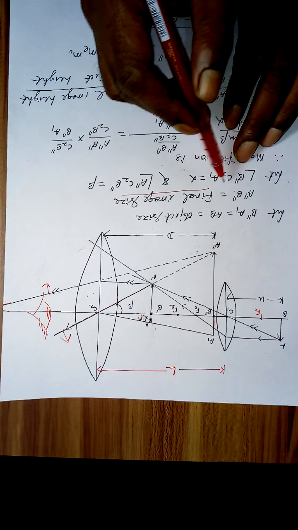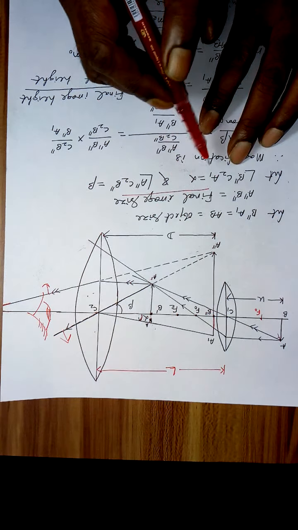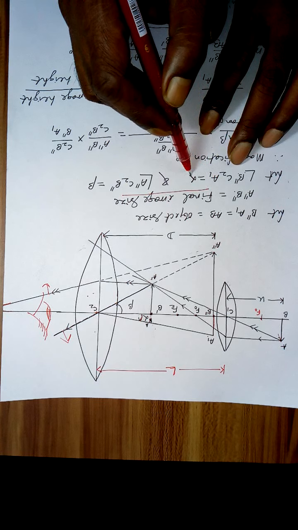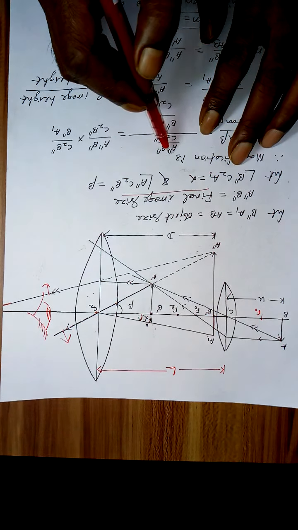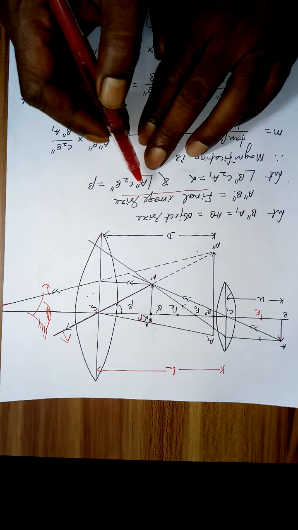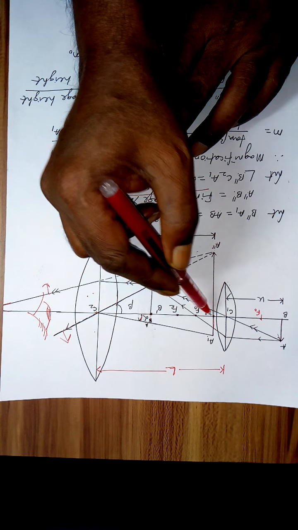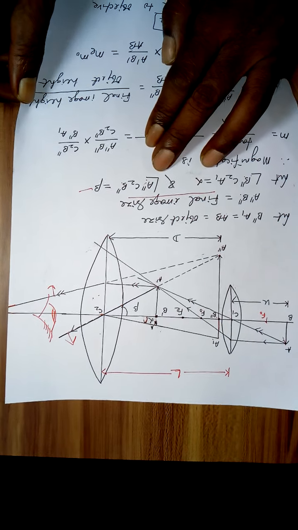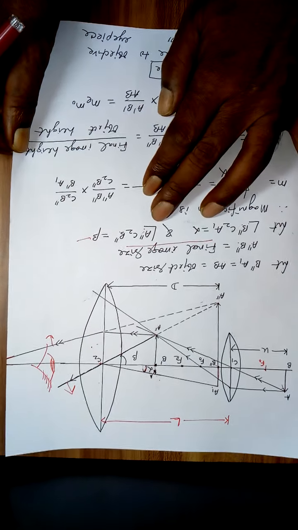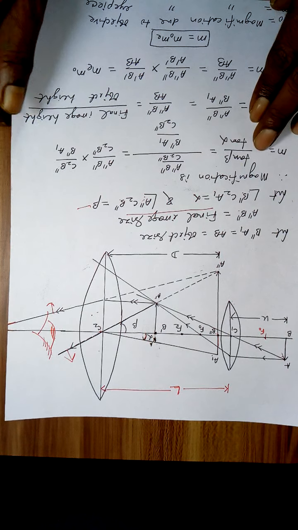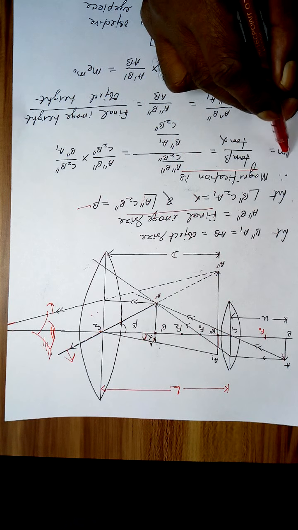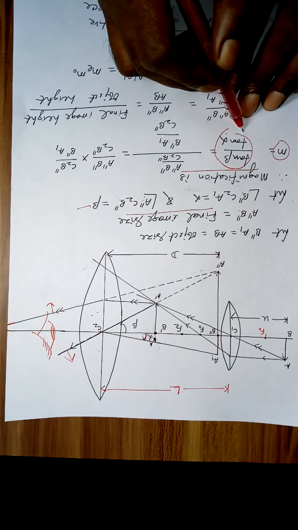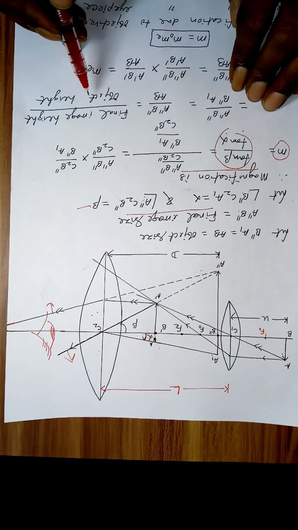Let angle B double dash C2 A1 be alpha, as I mentioned just now, and angle A double dash C2 B double dash be beta. Now the magnification will be M equal to tan beta by tan alpha. How will tan beta by tan alpha be the magnification? When we solve this, we'll come to know.